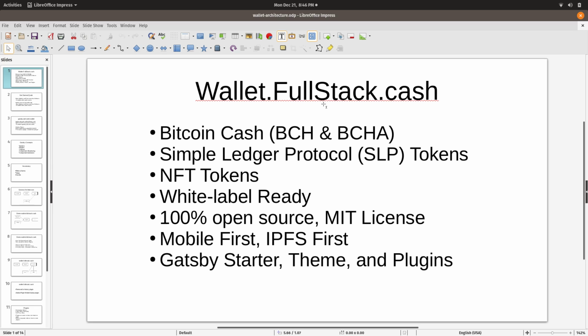And fullstack.cash is a service that sells cloud services and the blockchain as a service, and we offer this 100% open source MIT licensed Gatsby template as a way for front-end developers to very quickly build and customize their own business applications. So just real quick, as I mentioned, the features here is that it has basic send and receive functionality